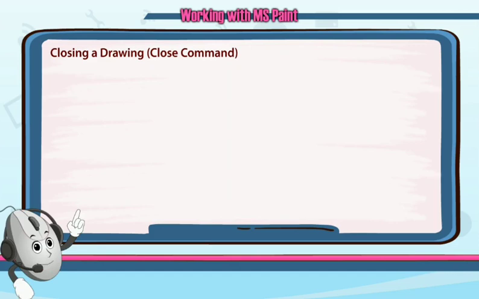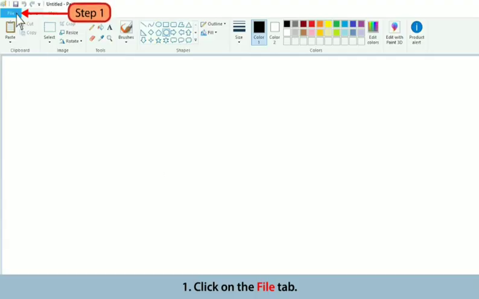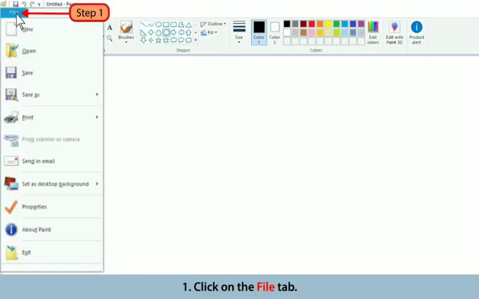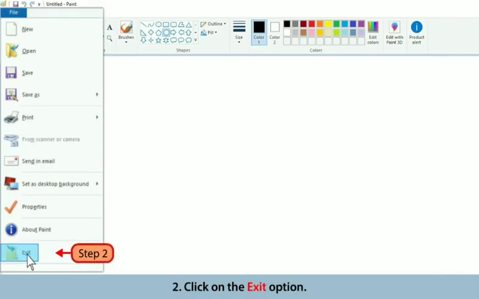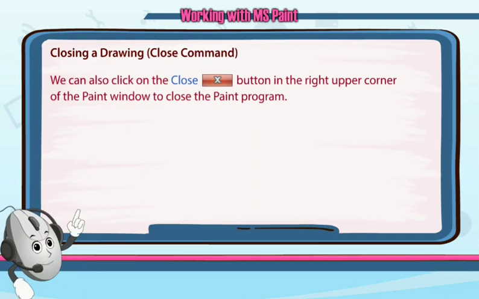Now let's learn how to close a drawing, and let's learn close command. Click on the File tab. Step number 1, we have to click on the File tab, and step number 2, we have to click on the Exit option.